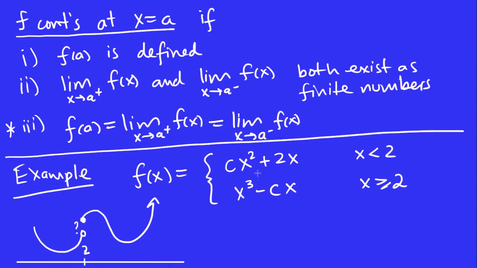Now, which value of c is going to make these graphs line up nicely? In other words, let's say instead of having it like this,